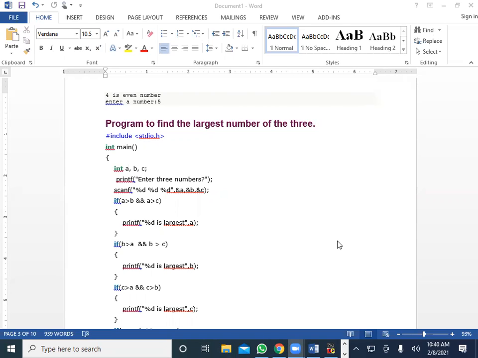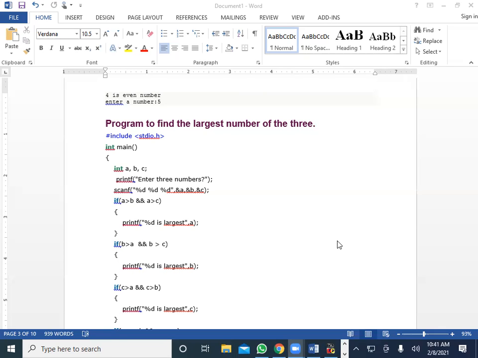When we say that the number is even or odd, Safa, hello.